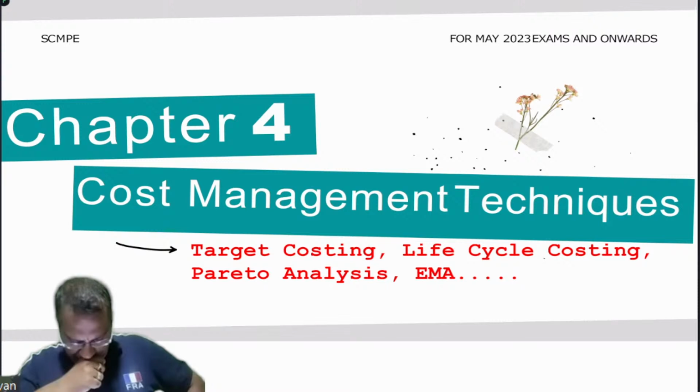Comparatively small chapter as compared to chapter number 2 and chapter number 3. Also, chapter number 2 and 3 are somewhat technical chapters, while chapter number 4 is comparatively non-technical. So, a very simple and achievable chapter for CA final students. You can score good marks in this particular chapter, beta. If any question is asked from any of the topics in chapter number 4, I think